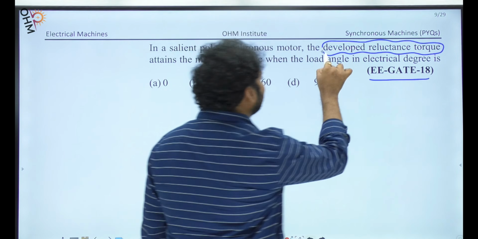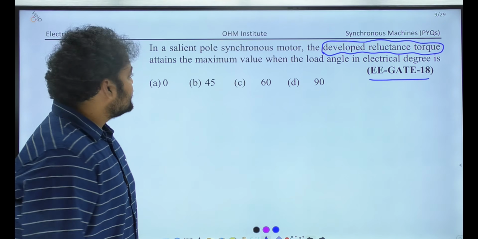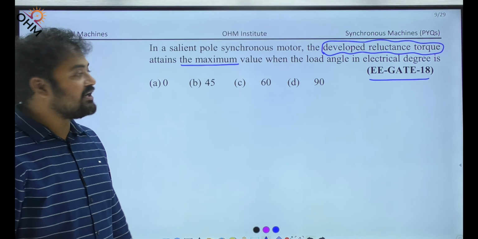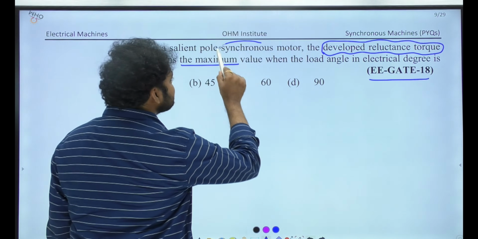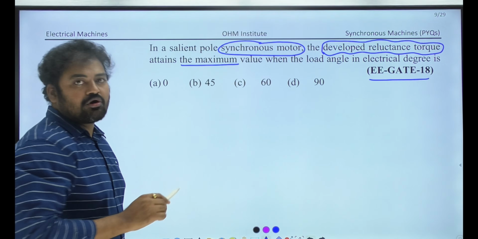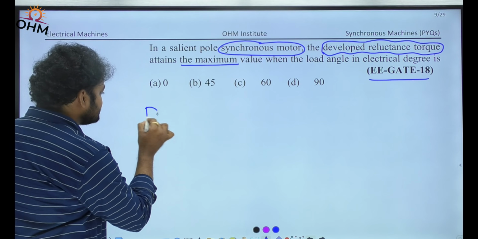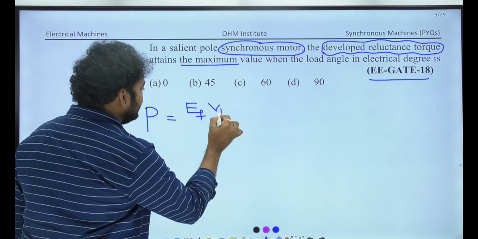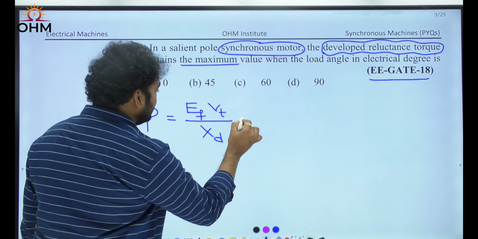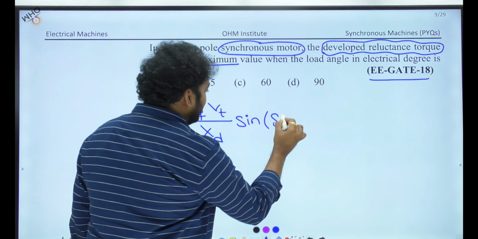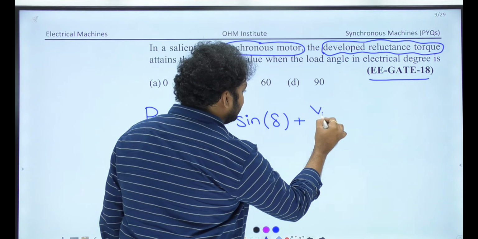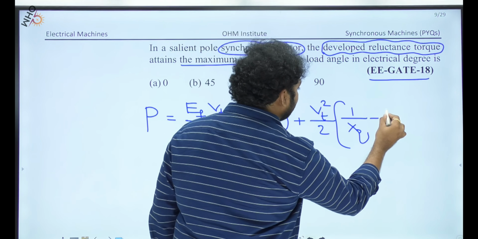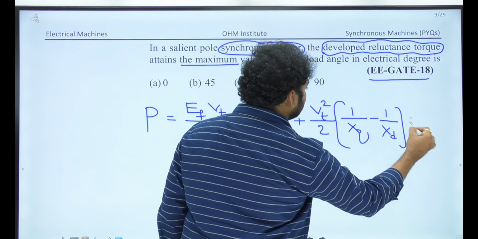Reluctance torque or reluctance power, both are proportional to each other. So reluctance torque will attain maximum value at what load angle? We all know that in a salient pole synchronous machine, power will have two components, right? What is the total power equation? One will be electromagnetic component, which is EF into VT divided by XD into sine delta. Another one is reluctance component, VT square by 2 into 1 by XQ minus 1 by XD into sine 2